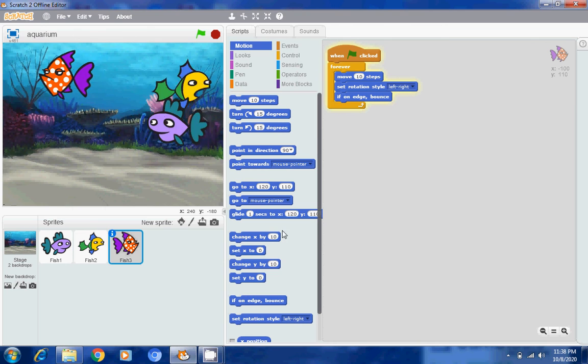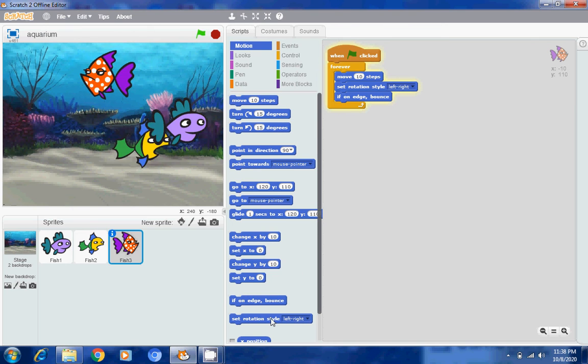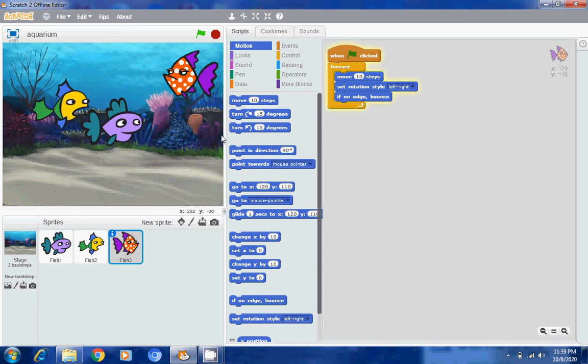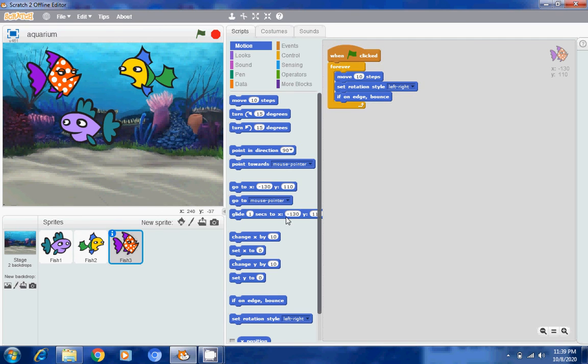Like, suppose I give set rotation style left to right, and I'll give one more. First I'll stop it, and I'll give one more rotation style here, and I'll give this rotation style, all around. Okay, then let's see what happens. You should try new things.